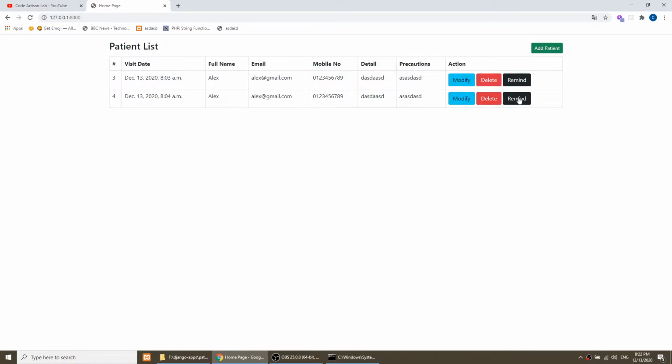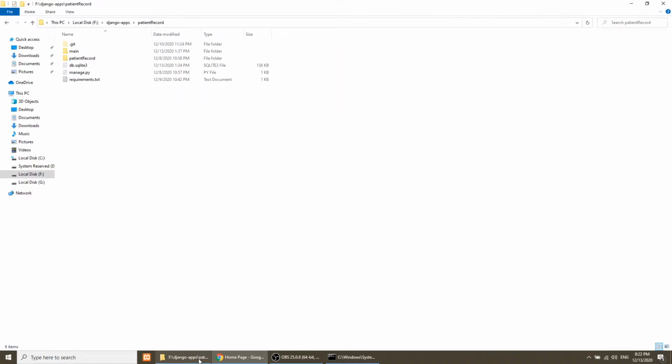And now we will create a form, so that when a doctor or the admin clicks on the add patient button, the form will show and he can add the patient. So we will create the form according to our model. In Django we can do this with the help of the model form functionality. So let's do this. We will open the application, and we will open the models.py file.